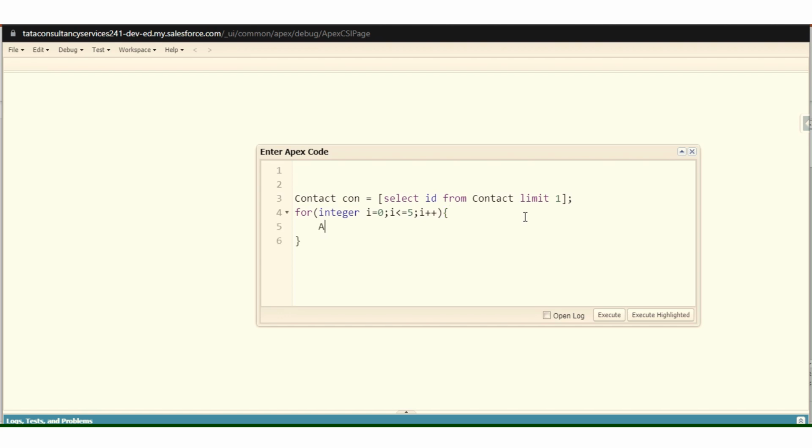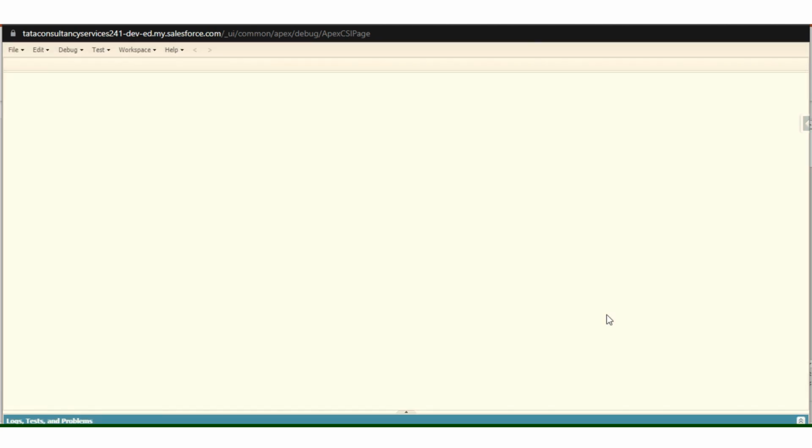Now I am going to put the account query here, which will run 5 times: select Id from Account limit 1. That's all. Now I'm going to check Open Log and execute this.